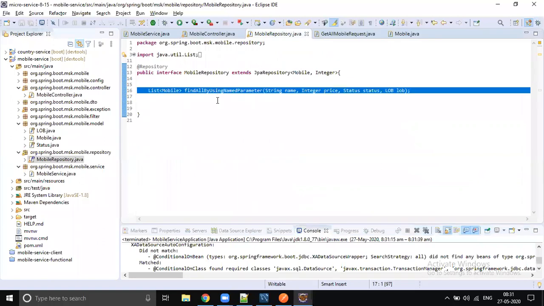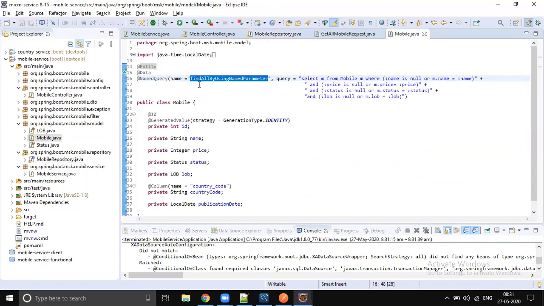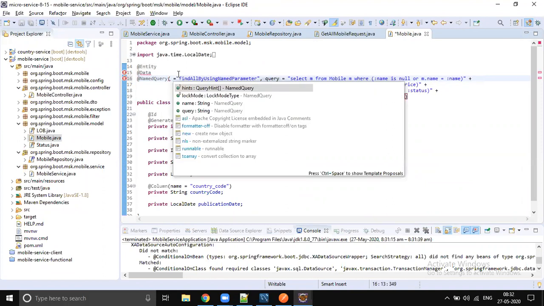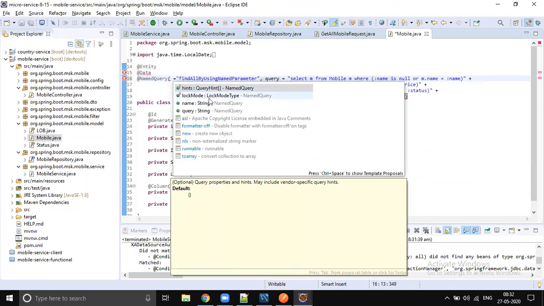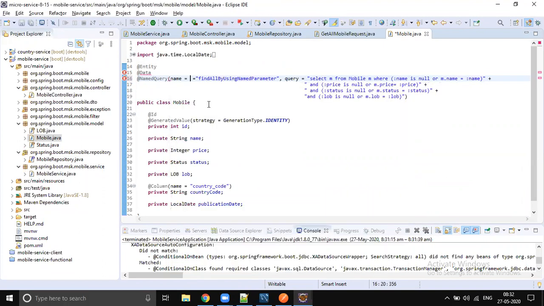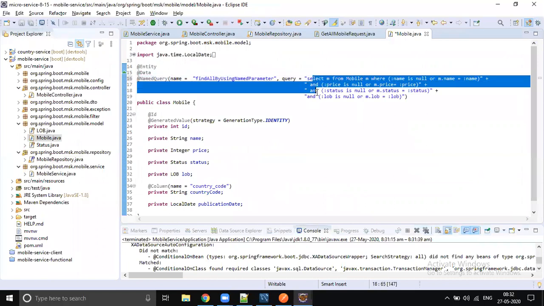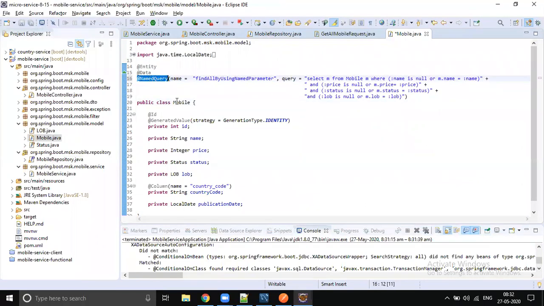Find all by using named parameter. Is it the named query name actually, or should it be name only? Named query, so name equals this, and this is the actual query. Okay. Why is it not working?